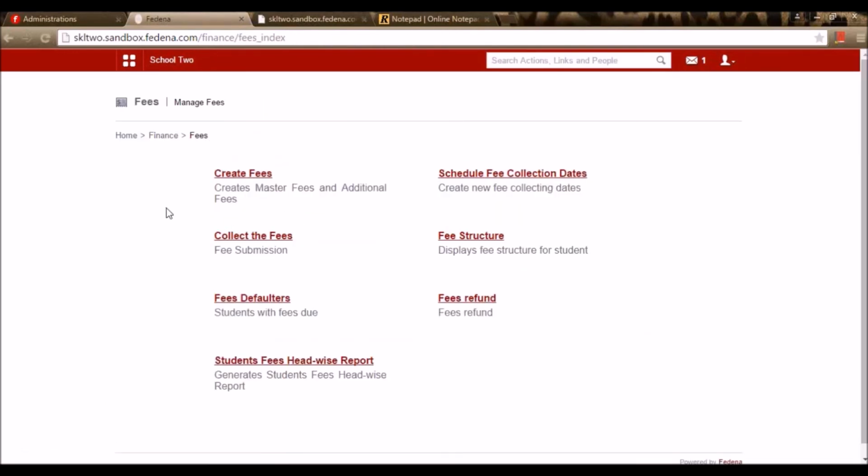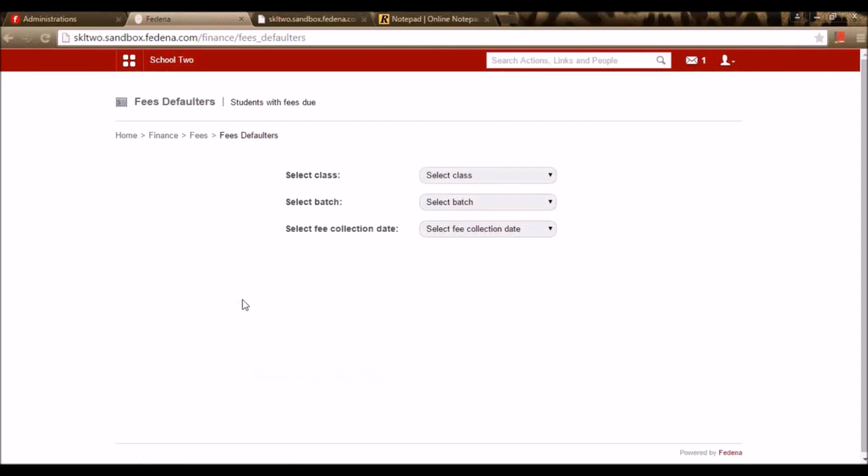Once the fee collection is done, you can see the fee structure here in this option, for all the fee structures that are available in Farina. And the fee defaulters, the students who have not paid the fee, can be viewed under the fee defaulters option.